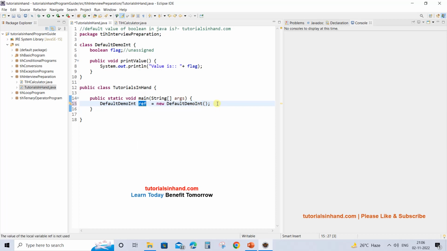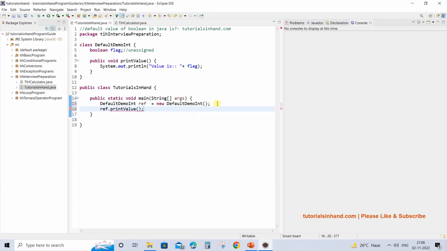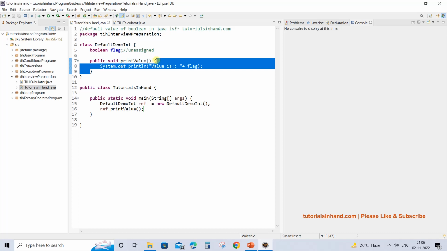Now we will use this reference variable that we have created to call the print value method by invoking the dot operator, and this is how we are going to call the method. Now if you press Ctrl and hover your mouse over this print value and click on it, it will take you to the place which is getting called. This is the method which is getting called from line number 16. That means line number 7 is getting called, and once it is called, it will enter inside the body of this method and execute the task that is mentioned within this particular method.